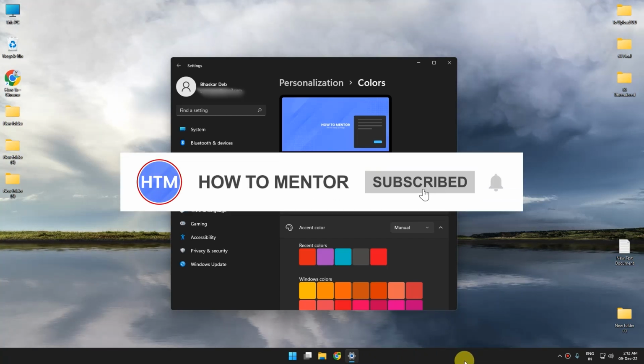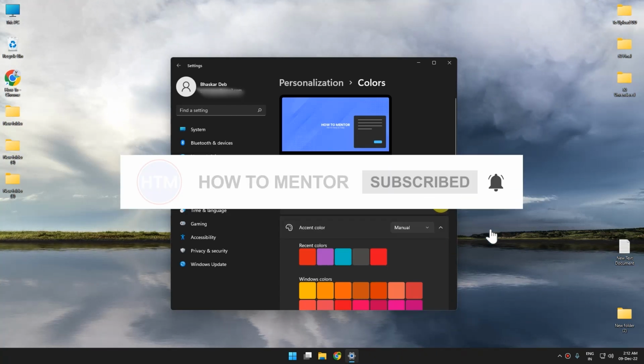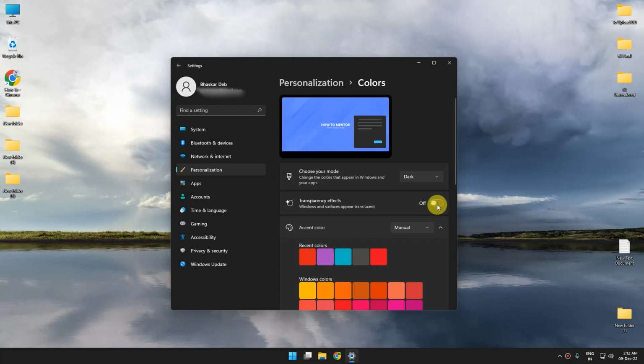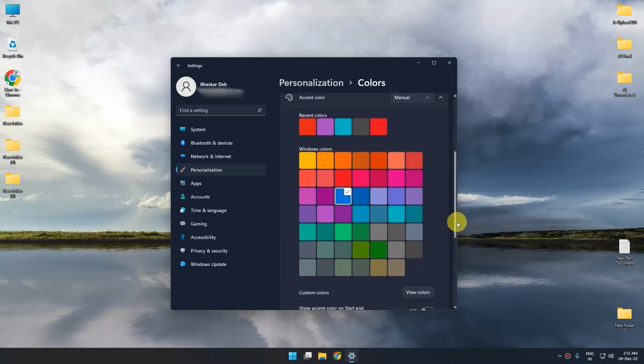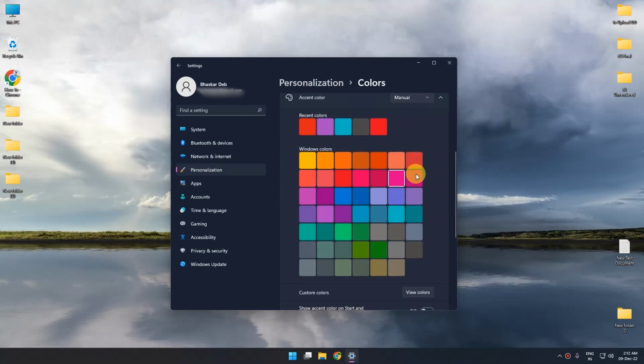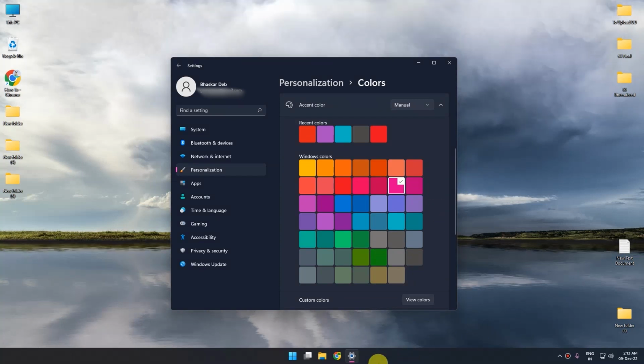And now if I want to make my taskbar transparent, I will just simply enable this option called transparency effect, which will make my taskbar kind of transparent. And now to change the color, just simply scroll down and choose any color of your liking, like pink. So after choosing the color, as you can see, taskbar color has not changed, but only icon highlighter color has